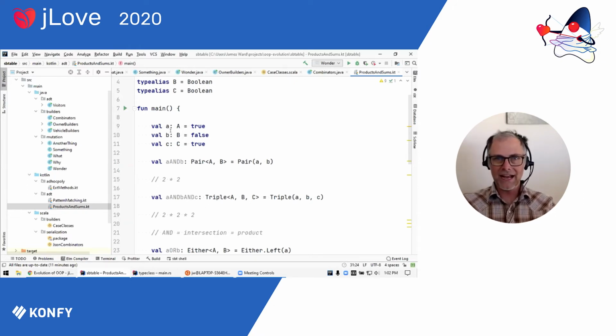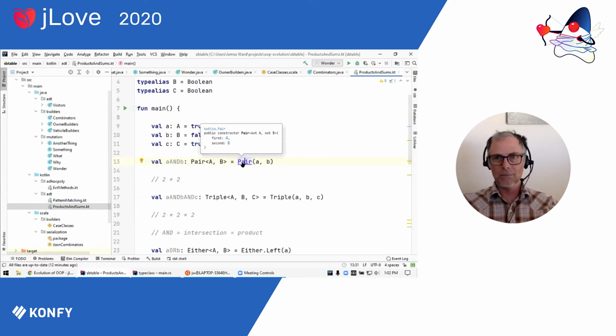And so let's say that I have a type A and a type B and a type C, and those now in my example are just Booleans, but could be anything. And I want to create a data structure which combines together, it ands together an A and a B, for instance. Well, I can create a data type called a pair, and this is now over in Kotlin, and a